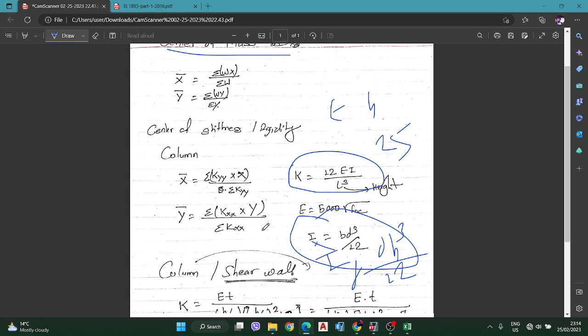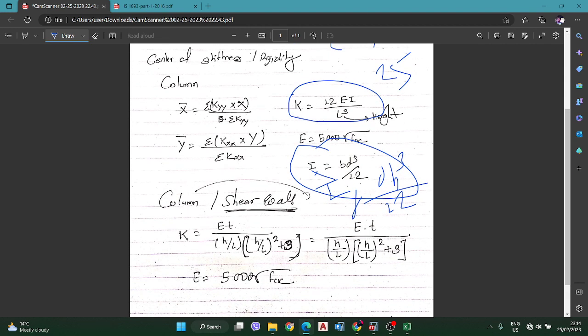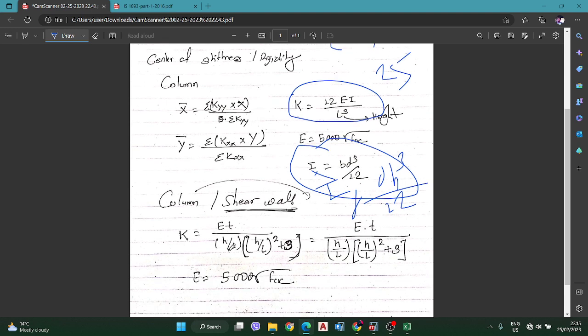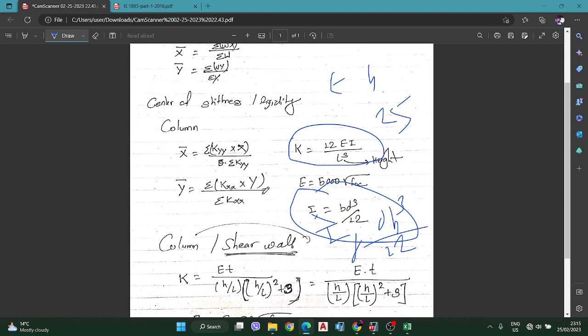Okay. And this value for the center of rigidity is only used for the column. You should not use this value for the shear wall. Because for the shear wall we have to use a different formula for calculating the center of rigidity. If you use this one, you will get wrong values. First of all, let us just discuss